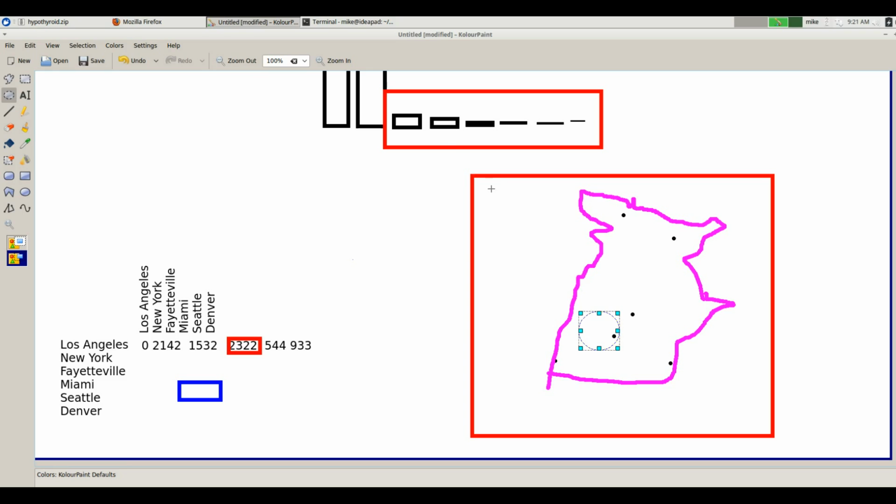Denver. There we go. Oh, and this one was supposed to be Fayetteville. I think I got Denver and Fayetteville mixed up. There you go. If you had enough cities, it would be a lot easier to see that this is the United States. And then you look at this and you say, wait a minute, that's not how the United States looks. What are you smoking, Dr. Gashler? And then you realize what's really going on is